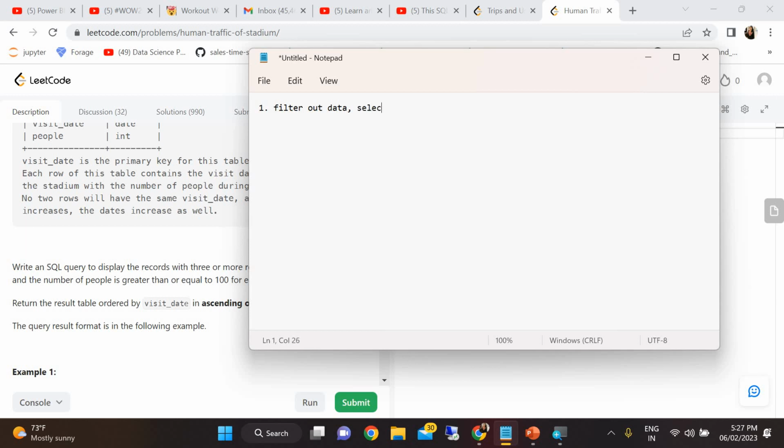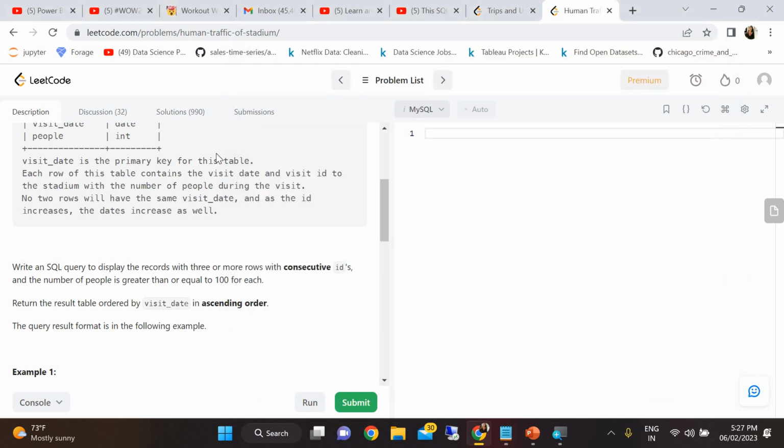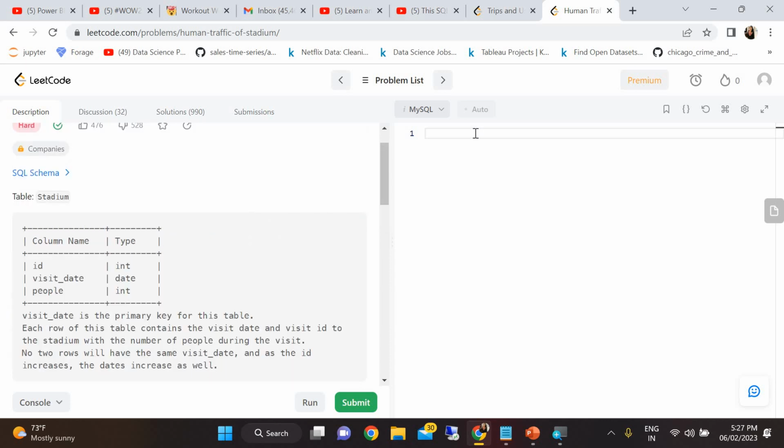Select data only where people is greater than or equal to 100. The second point will come. Okay, first I'll do this, then I'll explain the second point to you. So I'll write